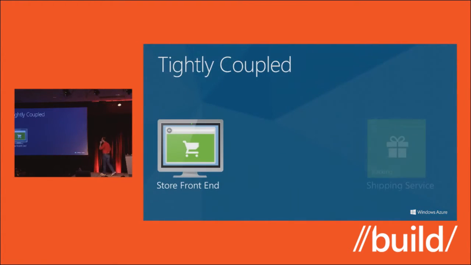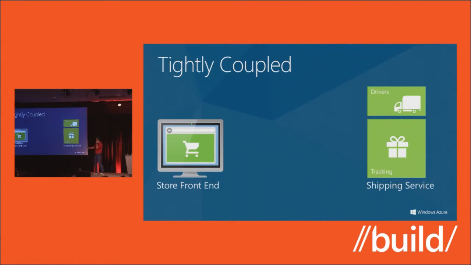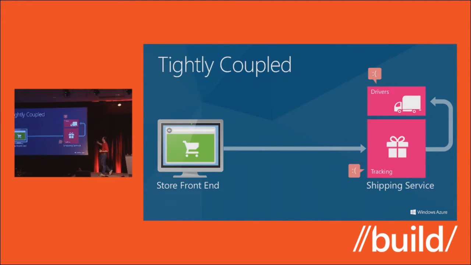And what do I mean by this? Well, as an example, let's say I have a store front end and I have a service in the back end. And every time someone places an order, my front end web server places an order. Well, if I do this in a very synchronous or tightly coupled way, and I have a failure in the back end, I'm going to ultimately bleed those errors out to my customer, and I'm not going to be able to place orders.